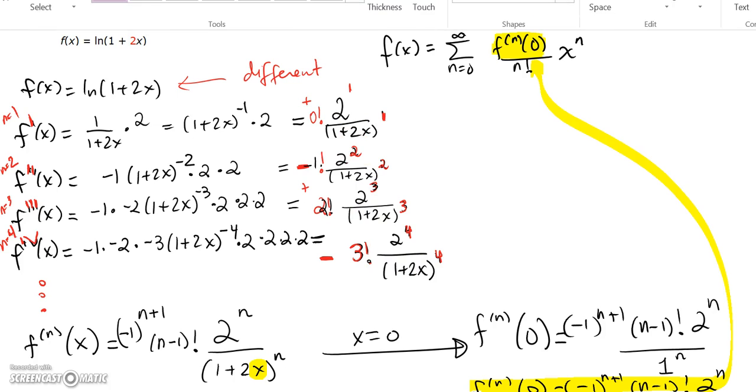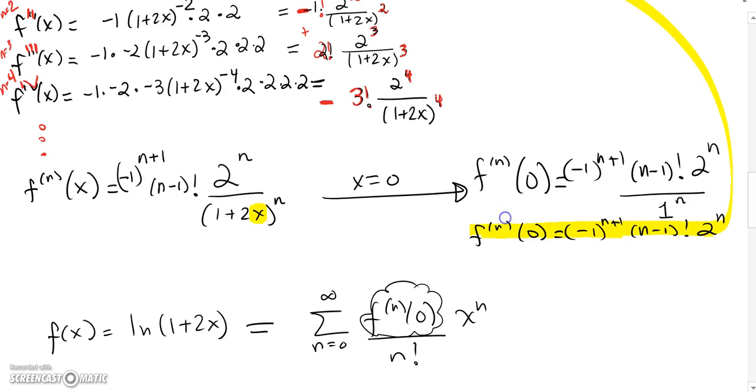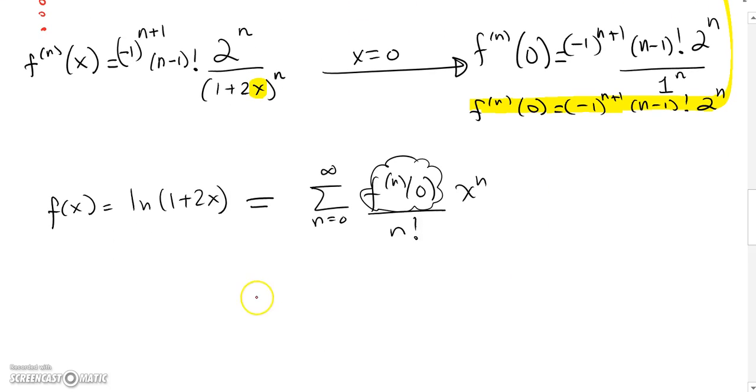This is when n was equal to 0. So when n was equal to 0, it looked different than the rest of them. So I shouldn't put n equals 0 inside the sum because it doesn't follow the pattern. So I'm going to take n equals 0 outside and then start my sum at 1, so it'll pick up all of these guys that have that pattern going along with them. So let's go over here and plug that in. So when n is equal to 0,